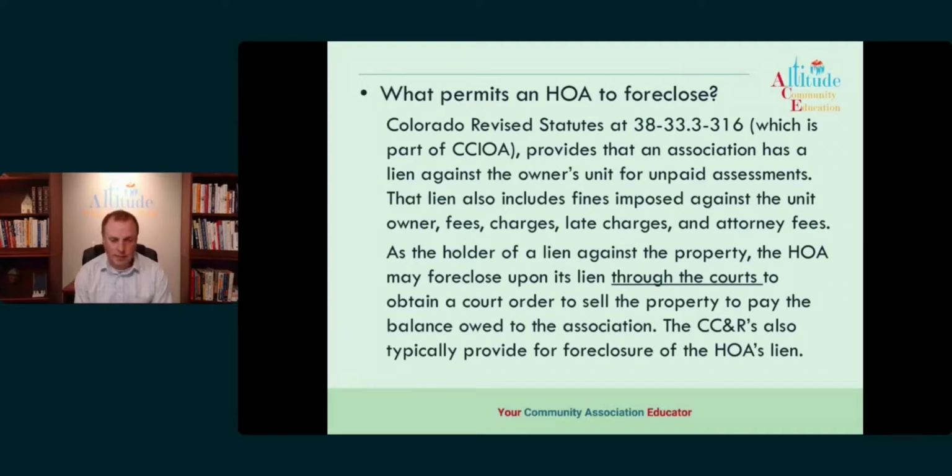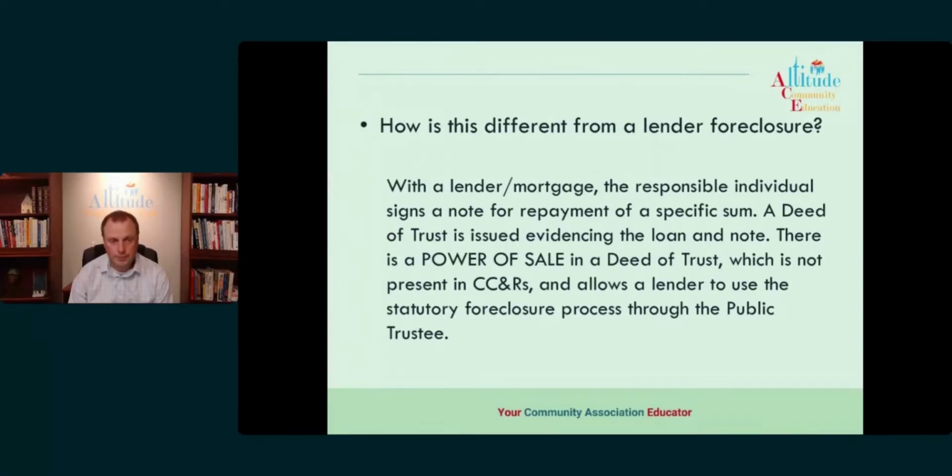The reason for that is that there are multiple steps, and we'll go through all the things that happen in them. But typically, it was set up for the banks to be able to move faster, and for someone else who's foreclosing on, say, a statutory lien, to take a little bit longer and give the owner a little more opportunity to take care of the issue. So, the lender foreclosure or a public trustee foreclosure.